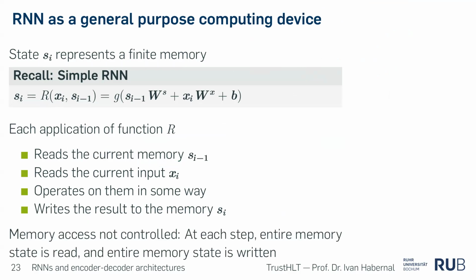But if we say the vector is a memory and we can store information in the positions of this memory, we don't control the access. So at each step, the entire memory is read and the entire memory is written. I mean, we take the previous memory and we output a full memory. So we take a vector and change everything in it. It's like if you take your entire memory in a computer and, instead of just not erasing something which is important, erase everything and put everything in it again. So do you see this analogy a little bit here? If we talk about memory, we're storing something into the vector which is important to remember from one state to another. Does it make sense?